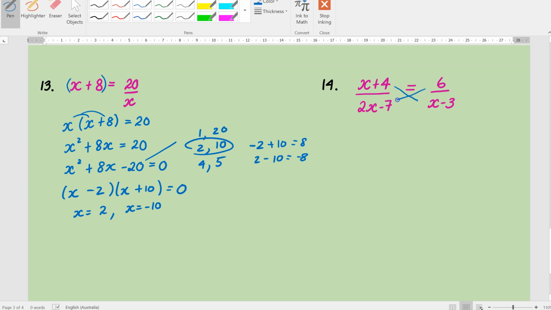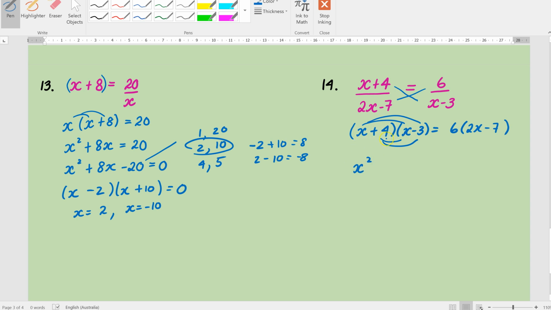And you might go, oh my God, I've had enough. It cannot get any harder because, oh, look at this. But you do one step and we're back to simple ones. So to get rid of our divide by x take 3, we're going to times the other side. And to get rid of a divide by 2x take 7, we're going to multiply the other side. So we're cross multiplying here. So we end up with x plus 4 times x take 3 equals 6 times 2x take 7. Okay, remind yourself how to expand, but once you've now got this beautiful factorising under control,